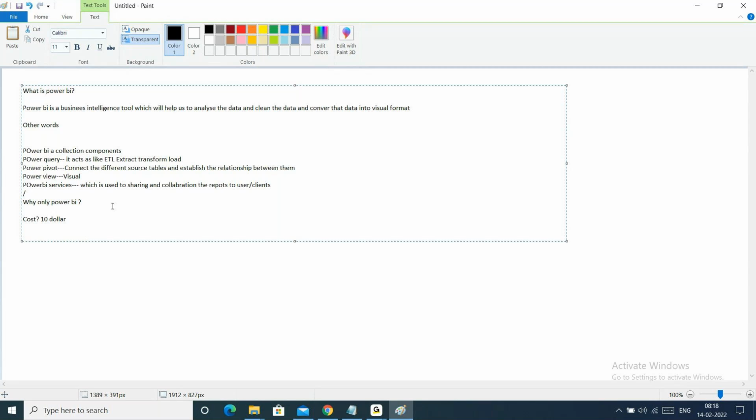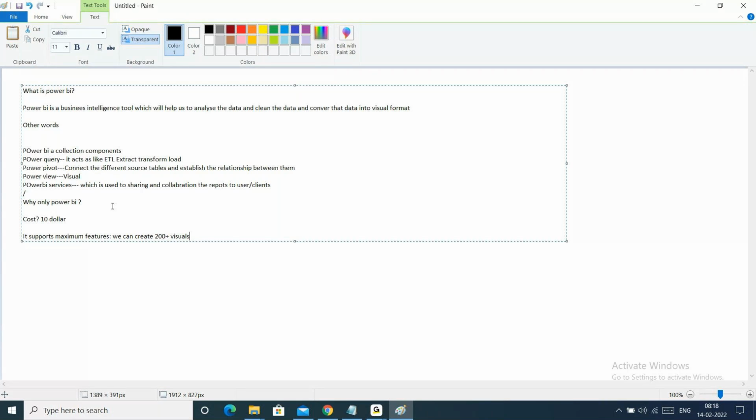We can create 200 plus visuals, where this many visuals aren't available in the other tools. It supports maximum 200 plus visuals